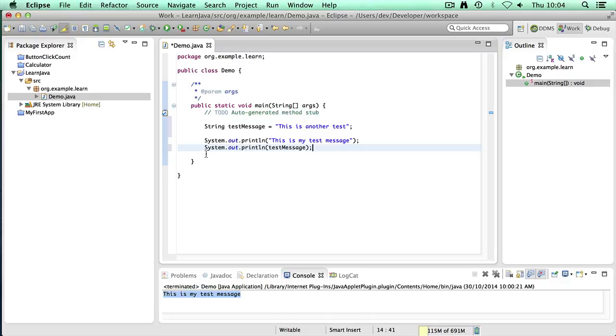So I've typed in what's different to the previous line. The previous line, we had this string, and we got the computer to internally store that. In this case here, we've created our test message, and we're telling it to output our test message. Now, what you've noticed also is there's no warning, and that's because Eclipse has noticed, oh, okay, we are using